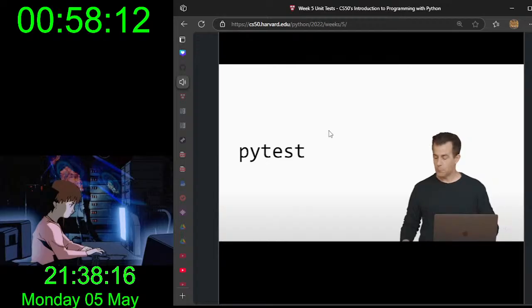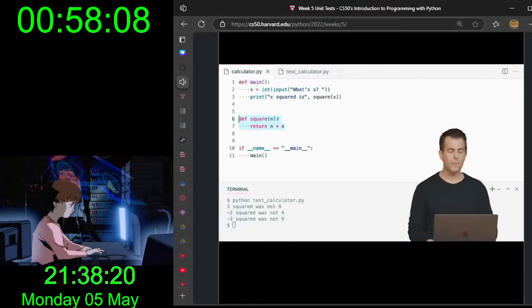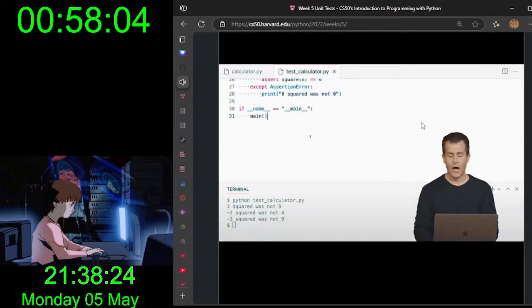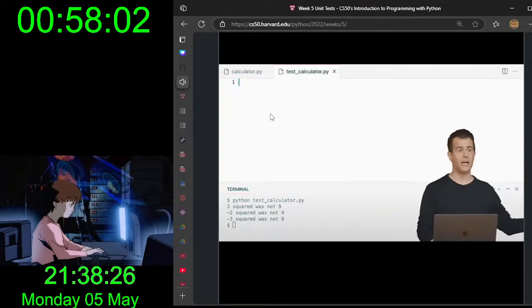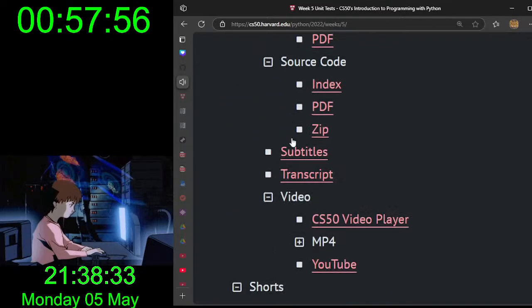Now, what does this mean in practice here? Well, let me go back to my VS Code here, and let me propose that we simplify my test calculator significantly. I'm going to go ahead and delete all of these tests, which were accumulating to like 31 lines of code, and let's see if we can